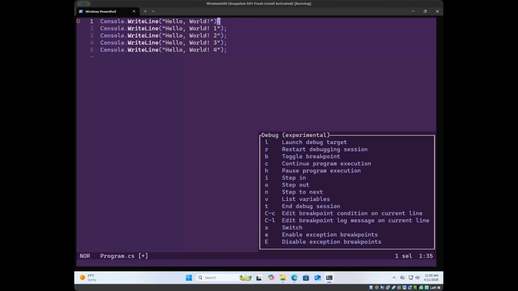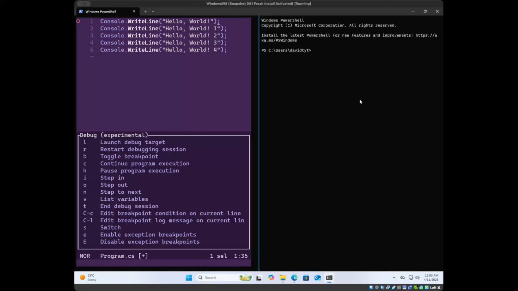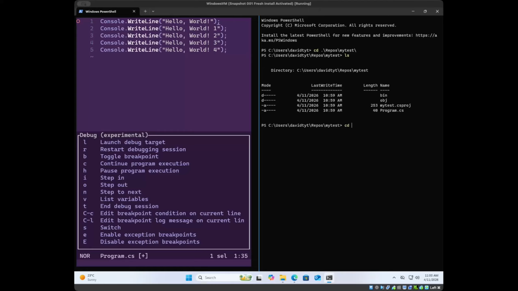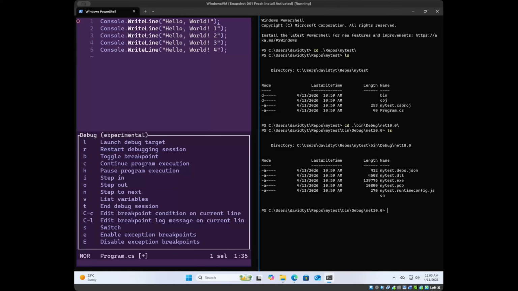And now I'm going to, oh wait, no, can I split this? Yes. Okay, so repos, my test. Let's go to bin, debug, net10, and then it generated a file called mytest.dll. So I'm going to go back into Helix and I'm going to press L for launch the